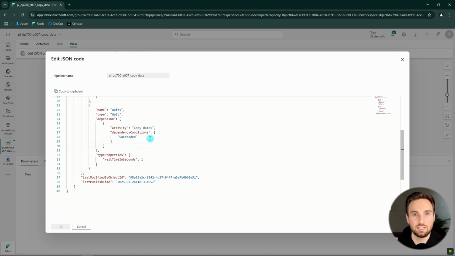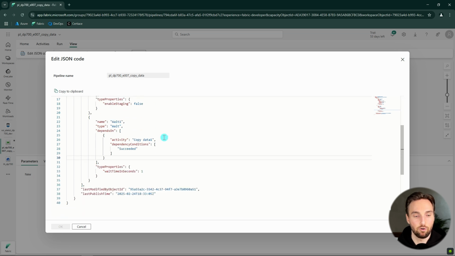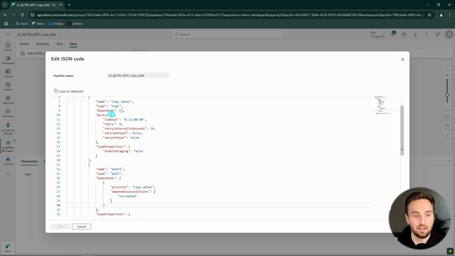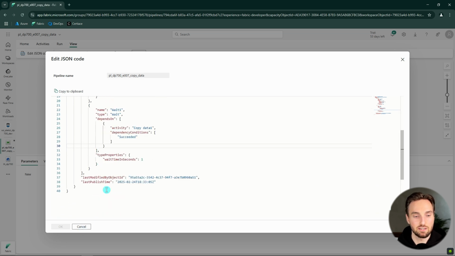And this is how you would see these pipelines in a version control like Git, if you have connected this to Git. And you could actually use these JSON configurations to do some bulk operations to your pipelines if you know what you are doing. For example, replace something in all your pipelines that are in that specific folder in your version control. But this is a bit more advanced topic, but it is good to know that these pipelines are these JSONs in the background. But yeah, let's cancel this for now